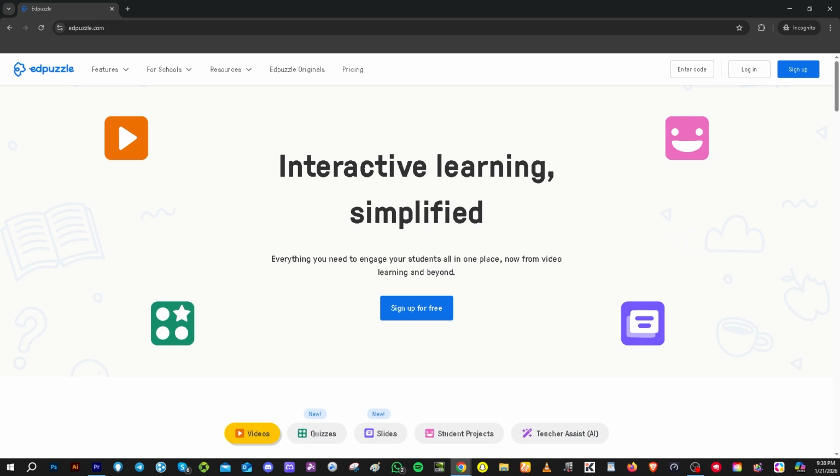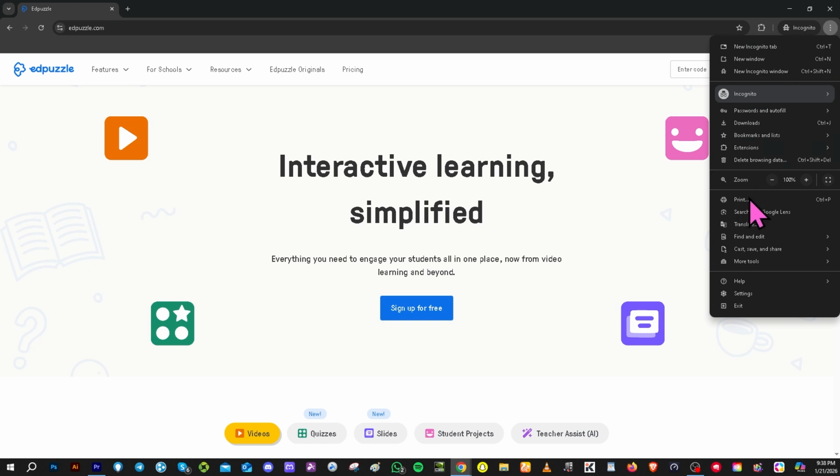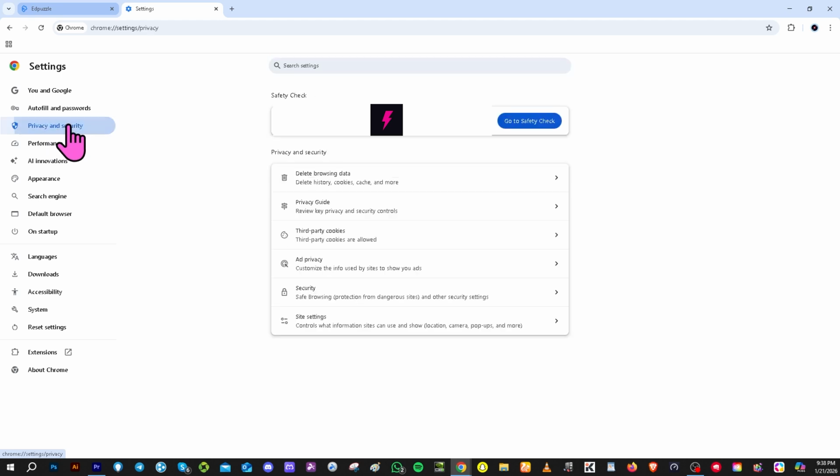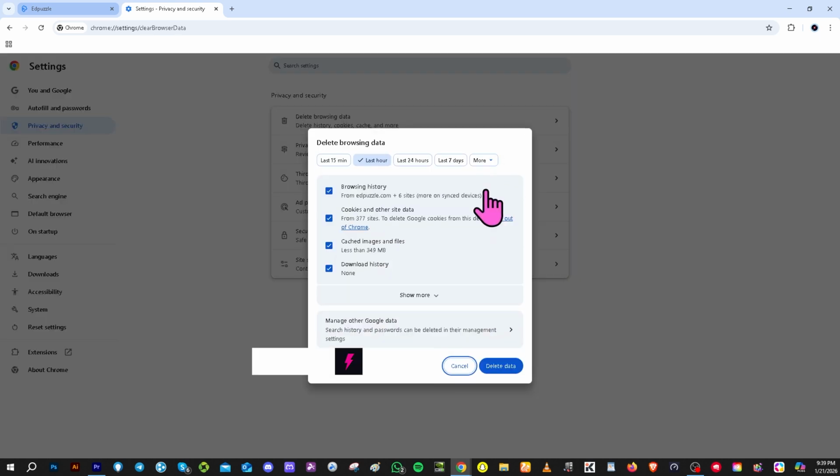Now, if that still doesn't work, you might want to go again to the three dots icon here and go to the settings. I want you to go to the privacy and security. And then, of course, from here, you might want to clear your browser's cache and cookies. All right? And of course, click the delete data, because with this, old or corrupted data can prevent Edpuzzle from loading properly. After you click the delete data, try to restart your browser after clearing the cache. If that doesn't work, now,